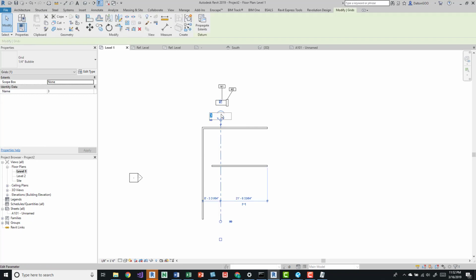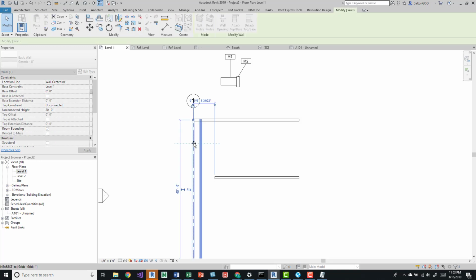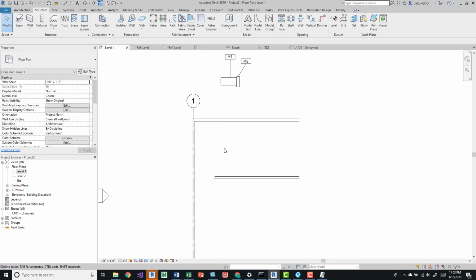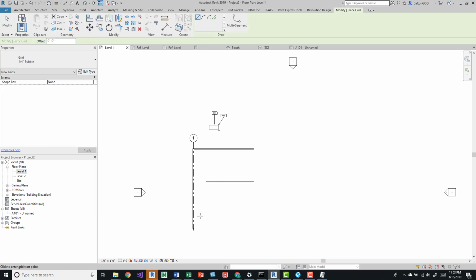I placed some earlier, so now it's sequentially going to the next one. I'll just change it to 1, and we'll move it over here, and then we'll take this wall and move it and then lock it to it, and then we'll draw another grid. So this time I'm going to use the keyboard shortcut GR. I'm going to draw up,